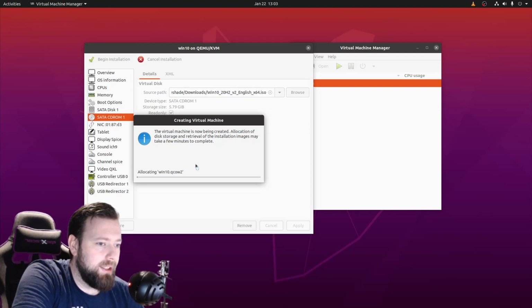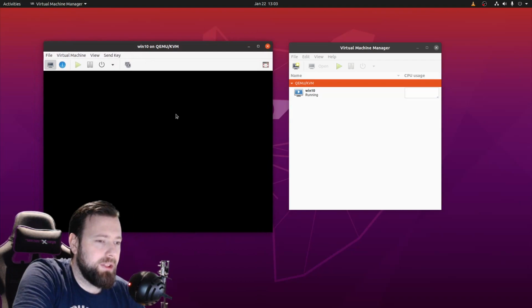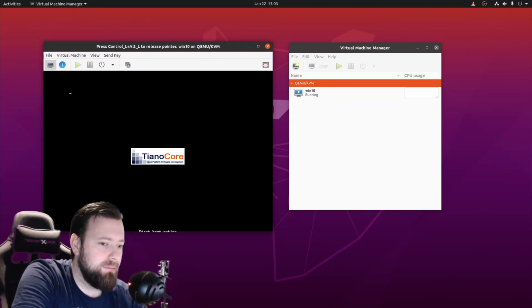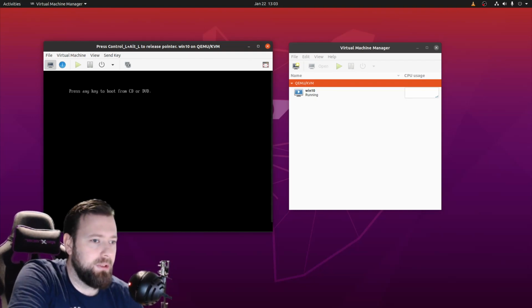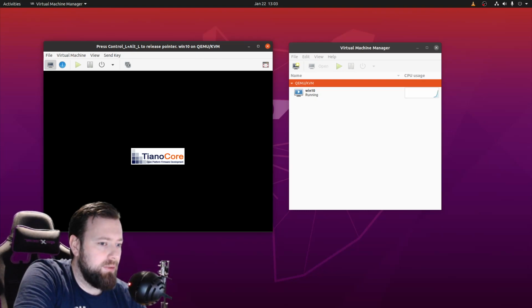It's going to allocate the 40 gigs of space that we told it to use. It's taking a bit longer than I expect, but it's doing it anyway. Then once you go in here, you're going to see that it's going to boot automatically. Here we go. So press any key for CD and DVD boot. You'll see Tiano Core here, and then it's going to load into a Windows boot menu or installation menu, just like if you were installing Windows into the